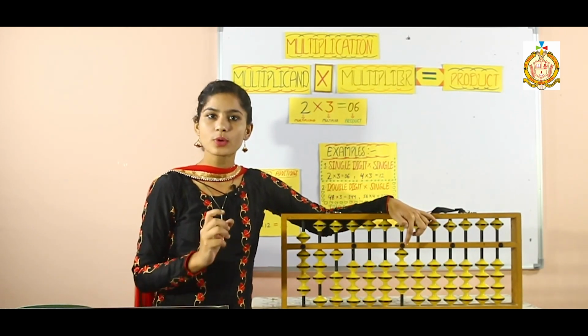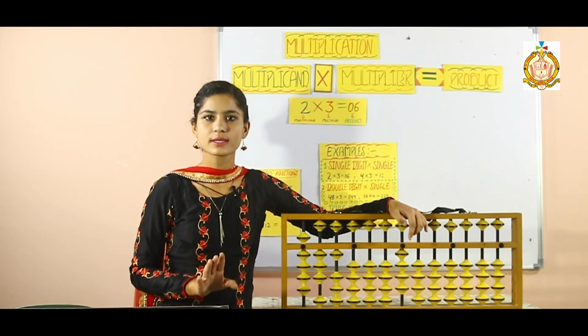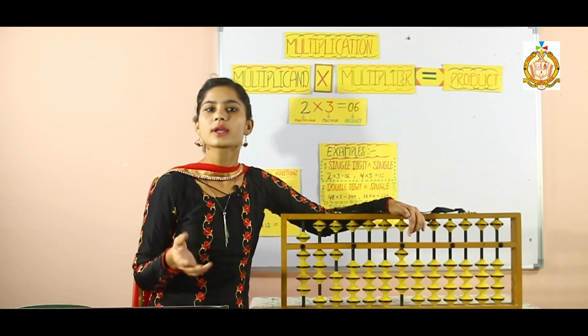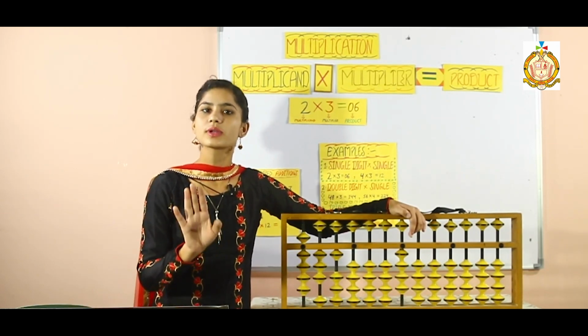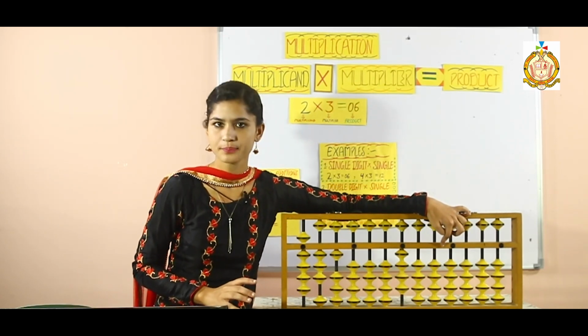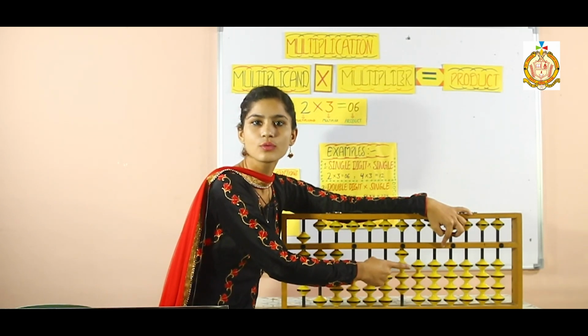First, tell me in how many digits your product will come. Now you can clearly understand that your multiplicand has 3 digits. It means your product will come in 1 digit more, so it will contain 4 digits. Now place your finger on the fourth rod. First is 9, and your multiplier is 4.